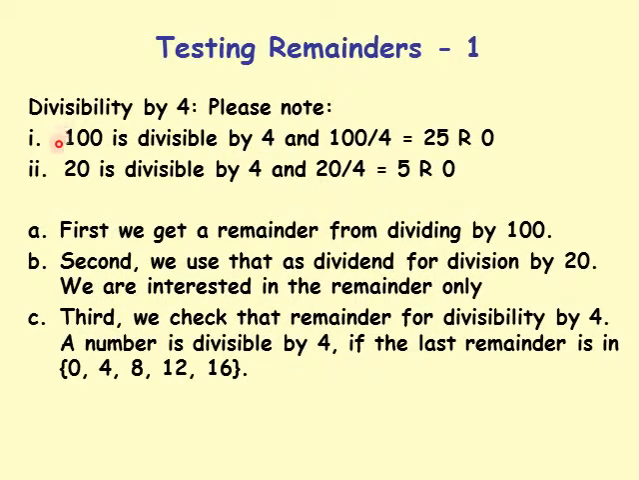We subtract the multiples of the divisor, 4 in this case, as many as I can, as fast as I can, so that I can arrive at a remainder as quickly as I can. And if the remainder is in 0, 4, 8, 12, or 16, after I subtracted multiples of hundreds and then multiples of 20s, to get a remainder which is less than 20, and if that remainder is in 0, 4, 8, 12, and 16,